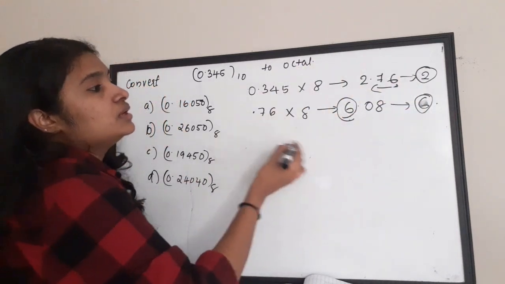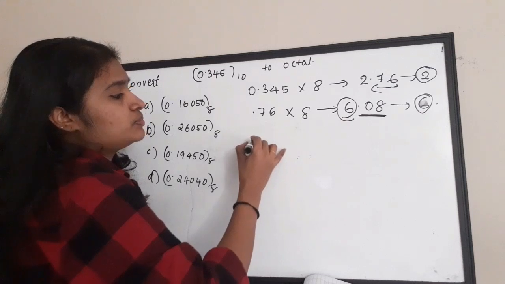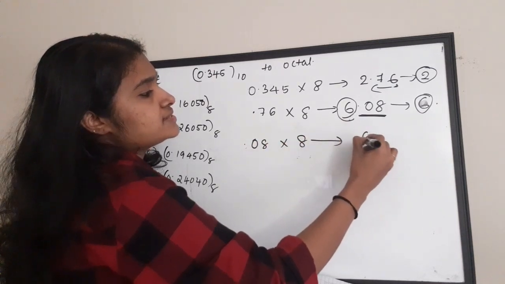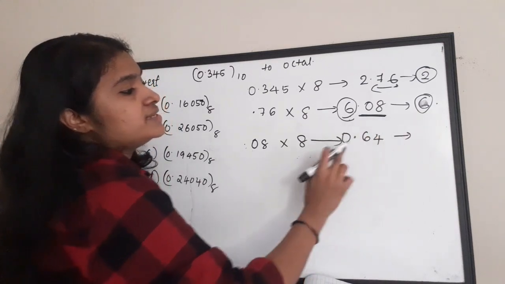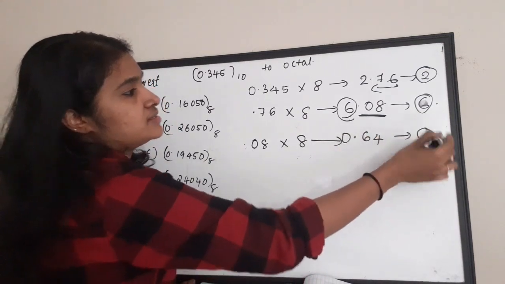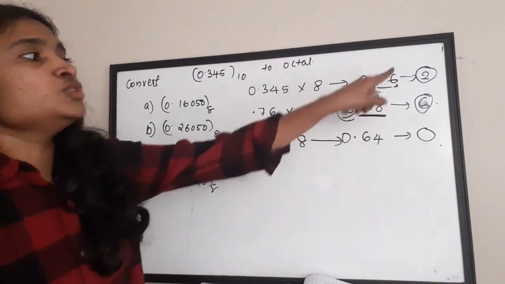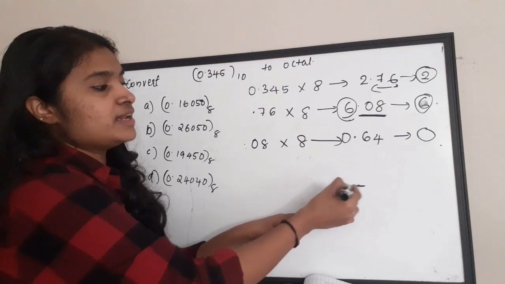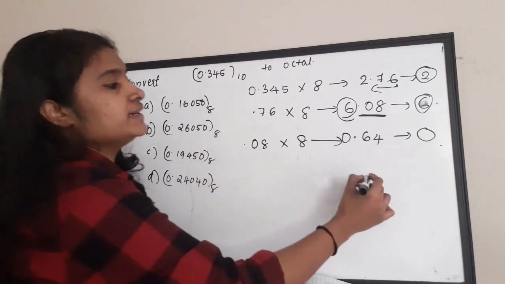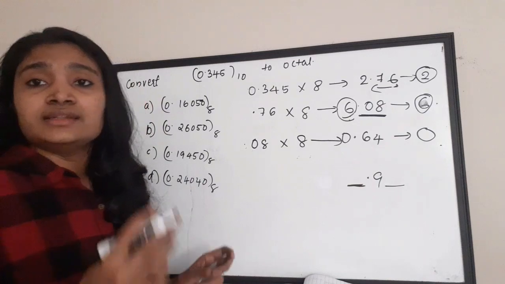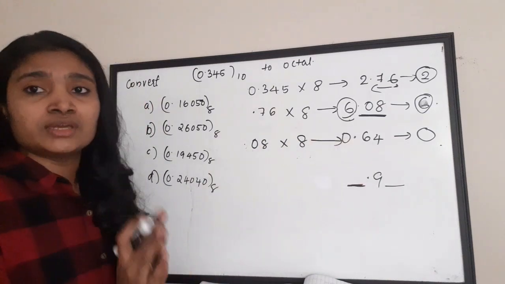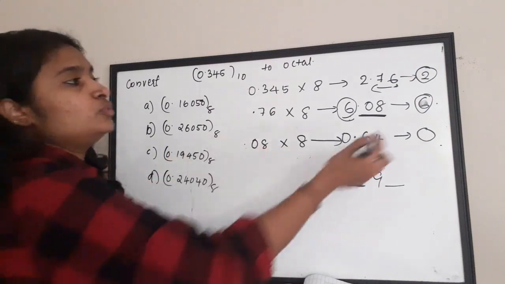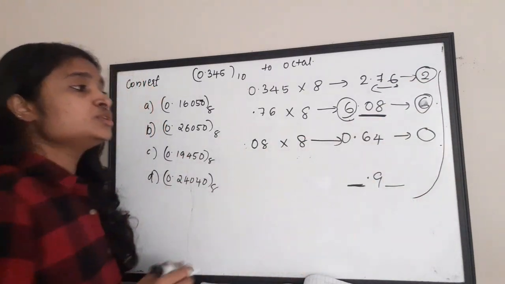Now take this again, 0.08 into 8 again. So it will be 0.64. So 0 is the integer position. So it is a 0. So likewise you have to perform the multiplication till the integer value will be closer to 1, or we will get 0.9 something after the decimal position. So till that you have to perform the multiplication, and you have to take these integer values to get